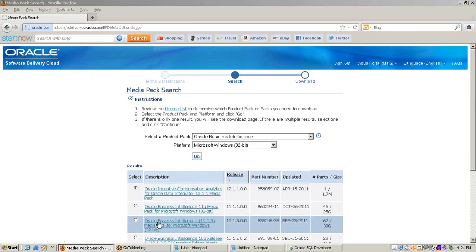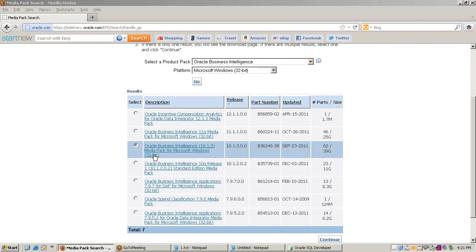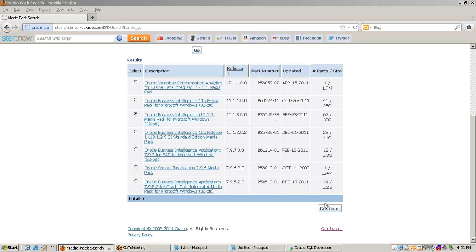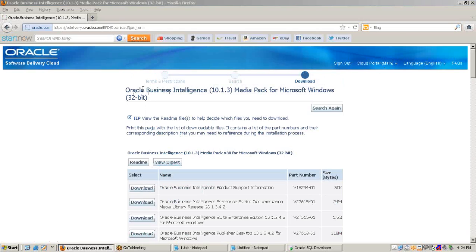We have to select this version. So select Oracle Business Intelligence 10.1.3 Media Pack for Microsoft Windows 32-bit. After selecting, press continue. Now the Oracle Business Intelligence 10.1.3 Media Pack for Microsoft Windows 32-bit page is open.